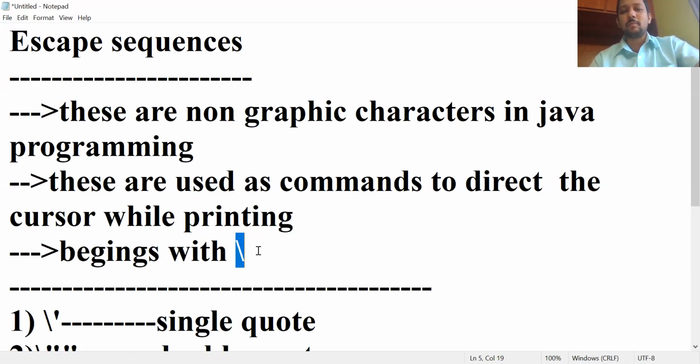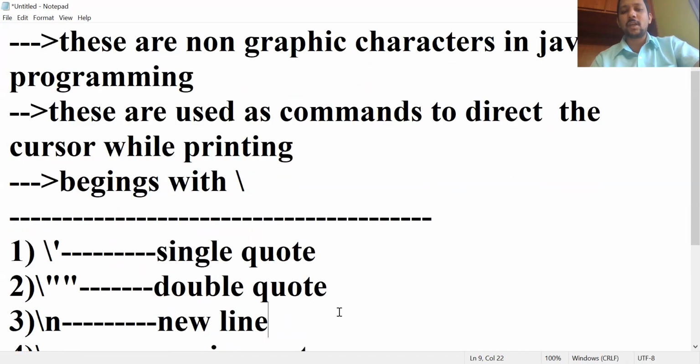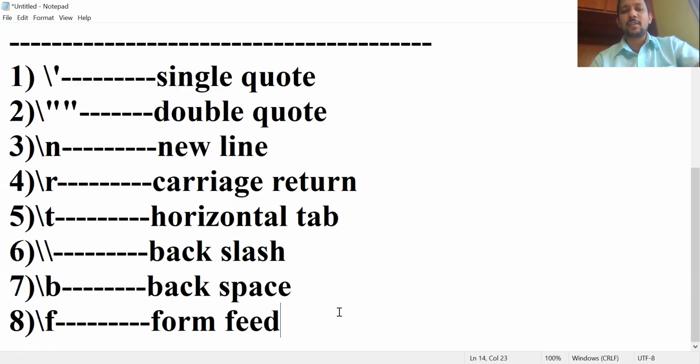This is the backslash symbol. Questions may also give code and ask what the output of the above code is. Now practically I'll execute each and every escape sequence.